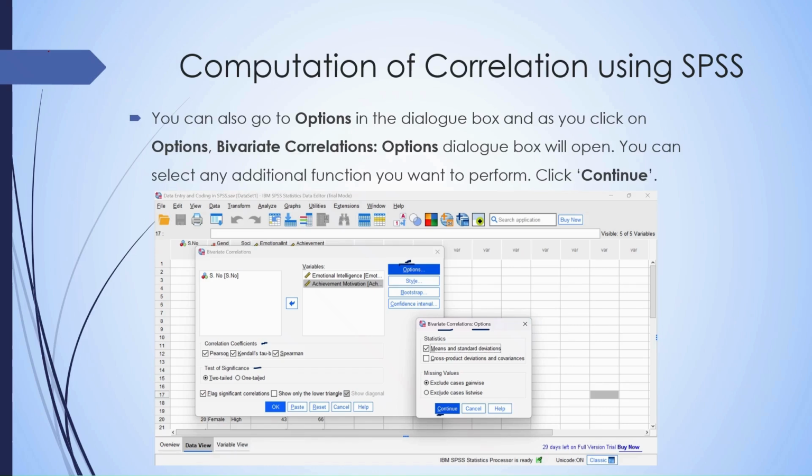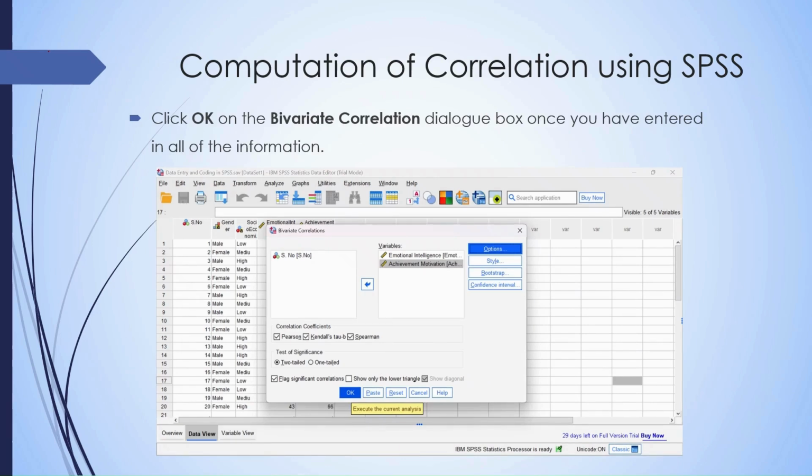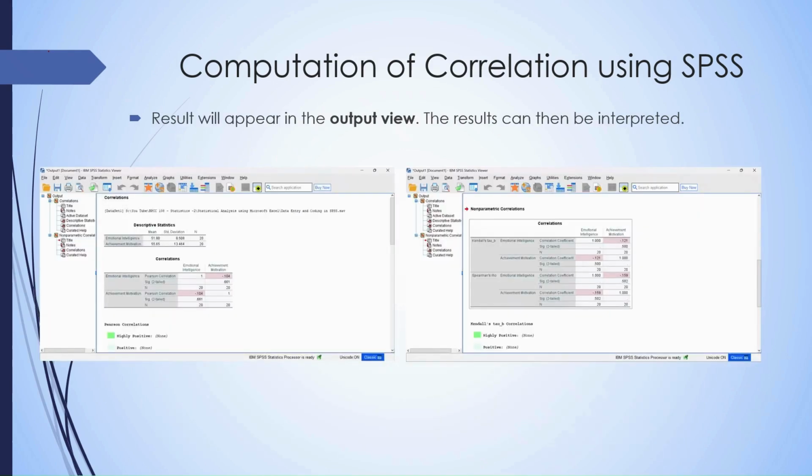So then click continue. After you click continue, all the extra dialog boxes are gone. You have the initial dialog box, which is bivariate correlation. You have chosen everything, entered all the information. Now finally click OK. When you click OK, you are telling SPSS to execute this current analysis. All right. So when you click OK, the result will appear in the output view. Okay, you can see here, this is the result that I've got,